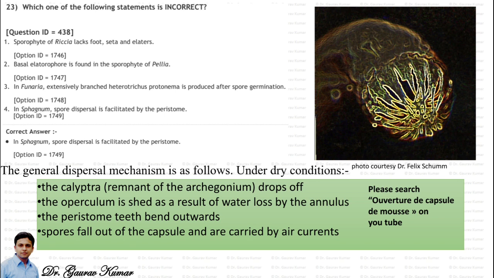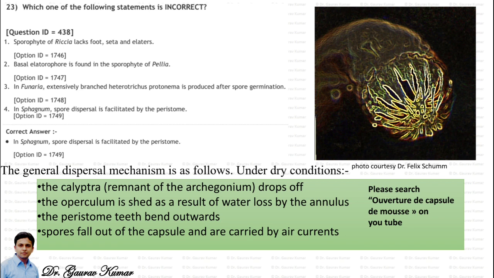Sphagnum grows in temperate swamps or bogs. The capsule contains air and spores, so there is no peristome actually. As the capsule dries, it shrinks, compressing the air inside, and to your astonishment, up to around 5 atmospheres of pressure is created inside the capsule, and the operculum is shot off and spores come out, making a popping noise. So this all happens in Sphagnum. There is no peristome in Sphagnum.